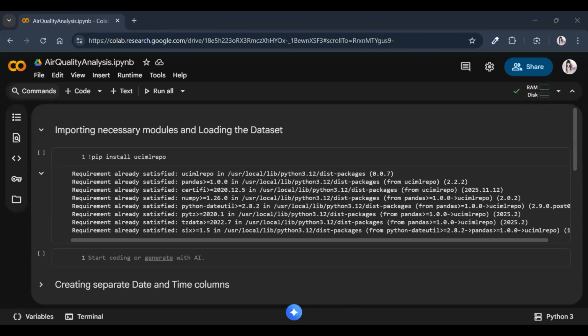Just a minute. All right, I hope you can see the Colab screen. Someone can confirm. All right, so